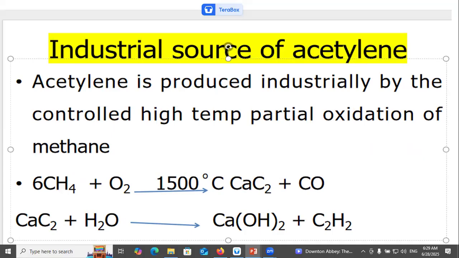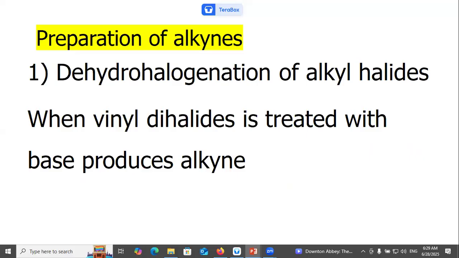Industrial sources of acetylene. Acetylene is produced industrially by the controlled high temperature partial oxidation of methane. Preparation of alkynes,